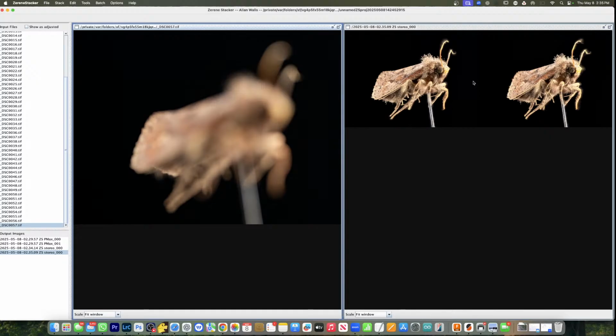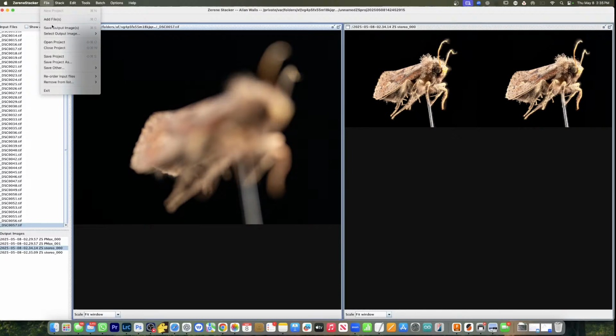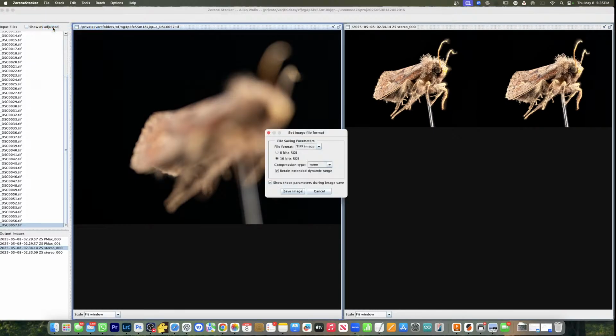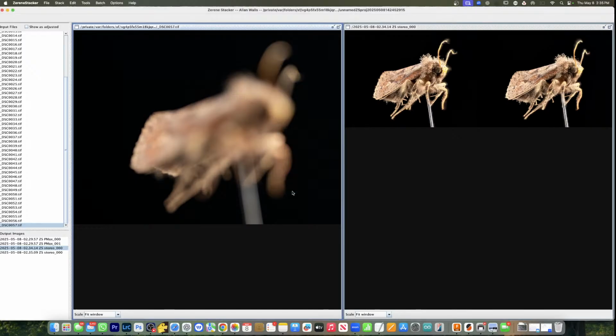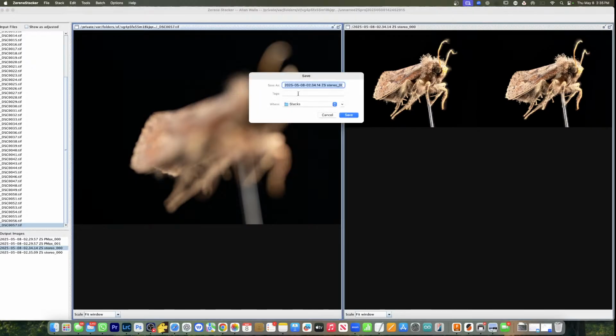Here's probably the most important tip I can give you to save you from embarrassing yourself like I frequently do when I show these things to people in meetings. I click on the first one. You'll remember this is the cross-eyed one. Go to File, Save Output Image, just like you normally would, Save Image, except when it comes to Save As, what I do is